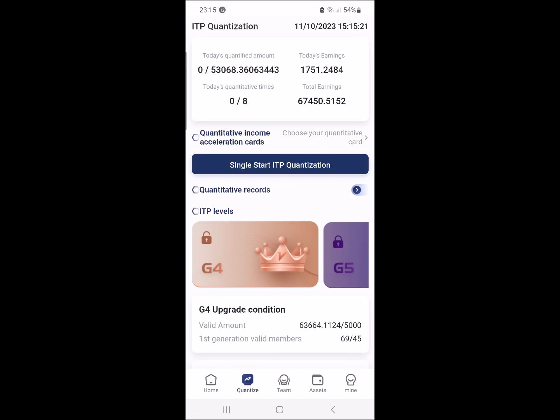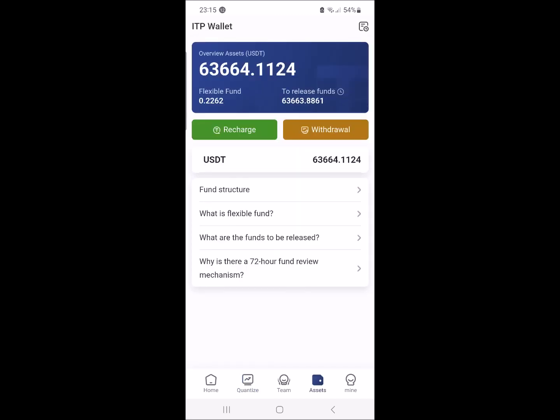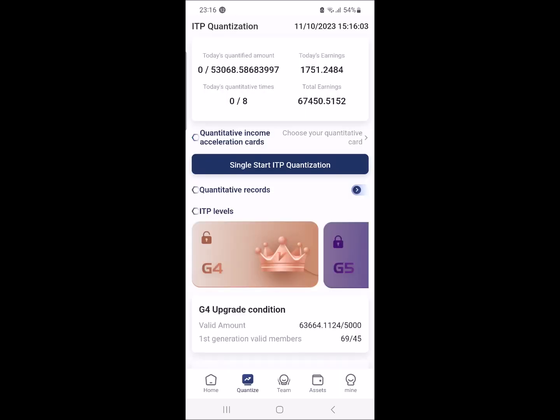Now, if I just go back to the assets page for a moment. If you look at the flexible fund now, that is dramatically decreased. There's only 22 cents in there. That 22 cents has probably come from the 2 release funds as I've been doing the quantitative trading. Nearly all of my money now is in the 2 release funds. And that $53,000 will be released when the system resets at midnight Seattle time or 8 a.m. UK time. Okay? Right, so if I go back to the quantize page,